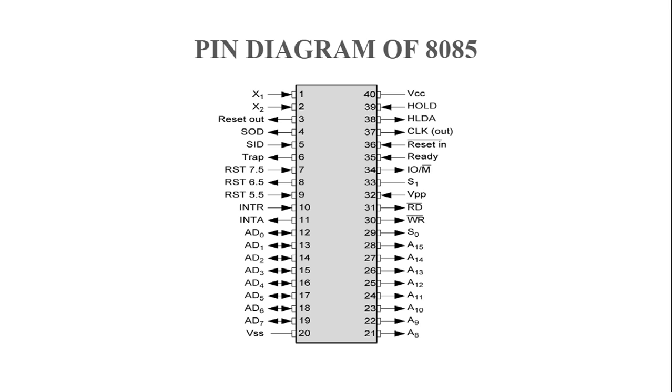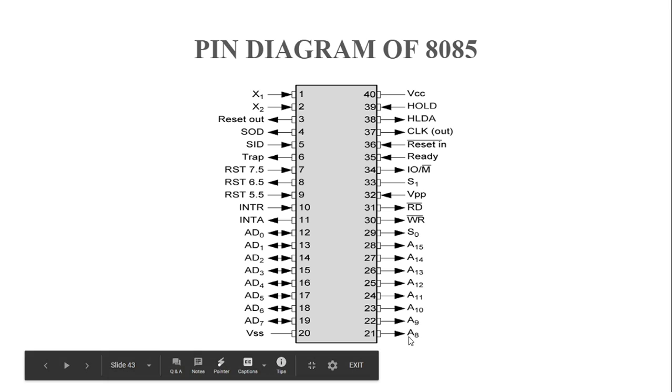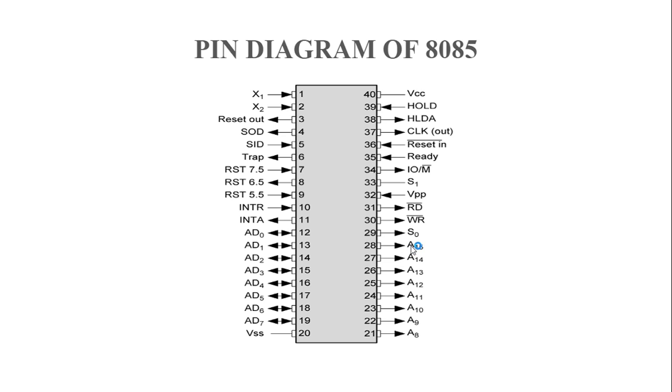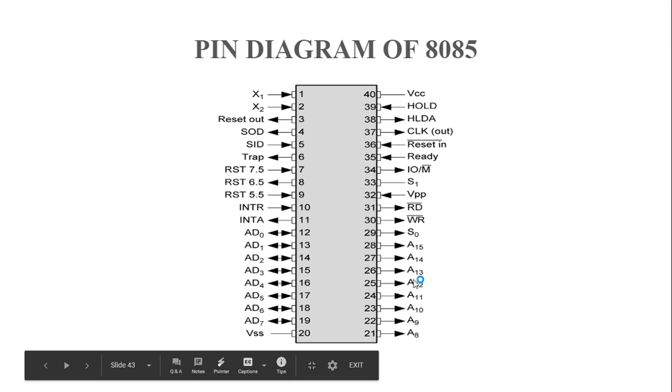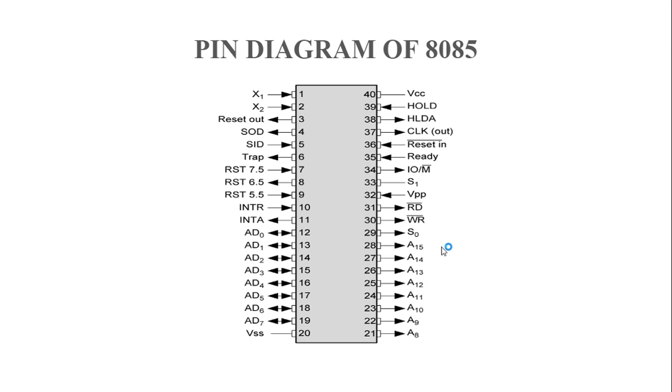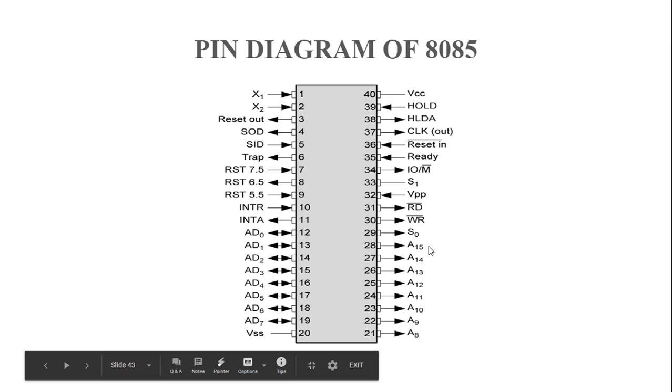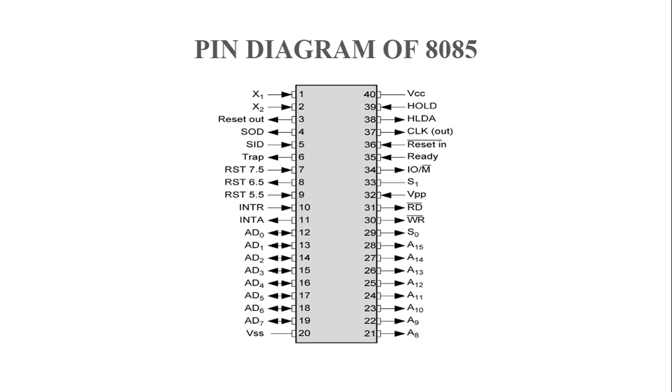So the first pins we described are A15 to A8. Simultaneously we covered the 8 pins, A15 to A8. Since the arrow indicates towards the outside, it means that these pins are output pins. So A15 to A8 are the output pins, and in buses we already described A15 to A8 and AD7 to AD0. A15 to A8 are the upper address lines and AD7 to AD0 are the lower address lines.